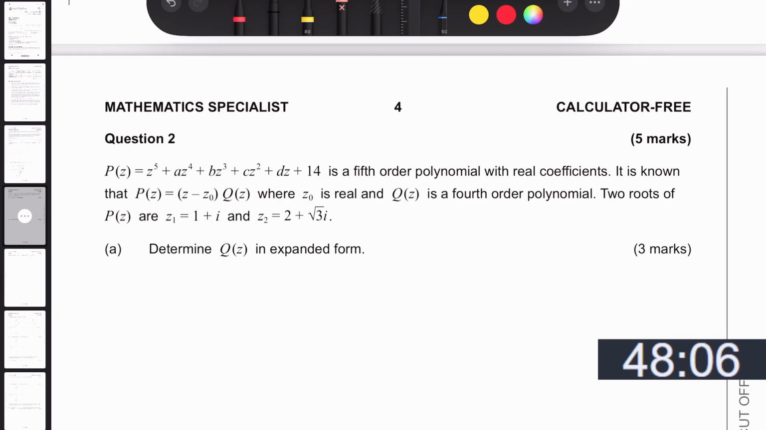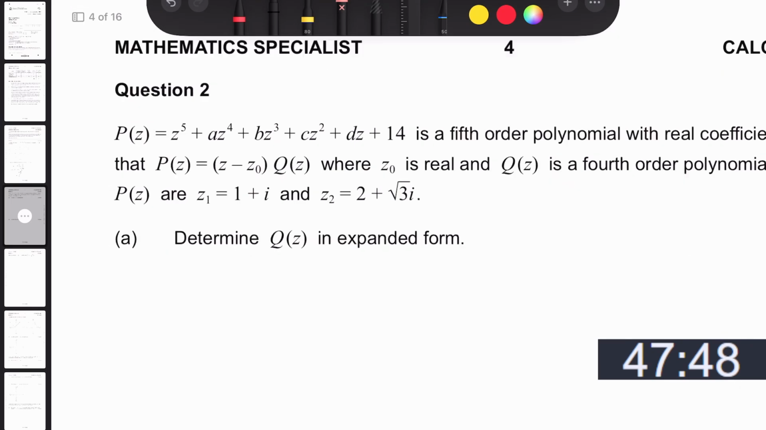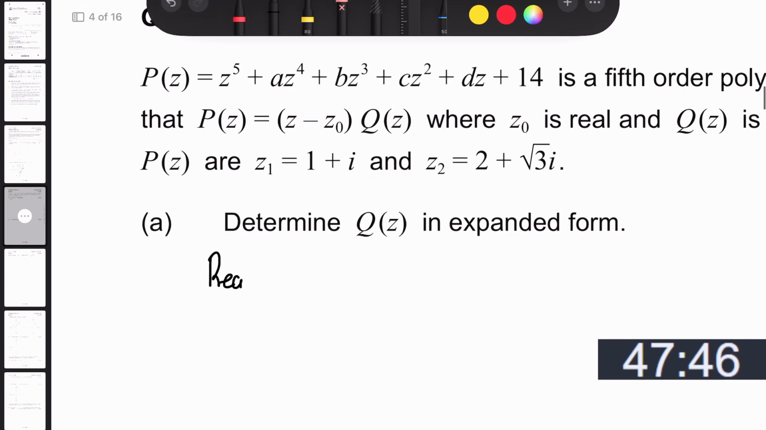It is known that P of z equals (z minus z0) Q of z, because z0 is real, and Q of z is a fourth order polynomial. Two roots of P of z are given. Determine Q of z in expanded form. Okay, so since real coefficients,